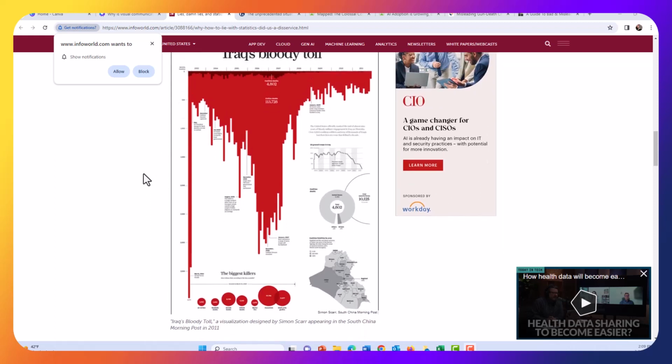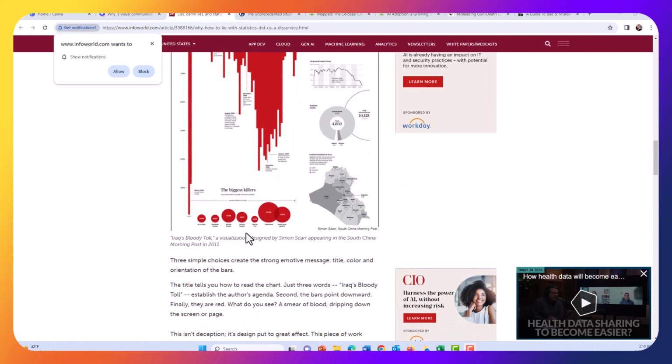The reason this graph has been flipped and colored red is to draw attention to the human cost of this conflict. It draws our attention to the center, where there's a huge spike in the loss of life. It also emphasizes the loss of life overall, though it's calling attention to a specific area of the graph, and the design here is definitely focusing our attention in a specific way. The other data is not hidden or distorted, or is it? Anytime we call attention to the loss of life, I'd say we're probably making ethical decisions, don't you think?